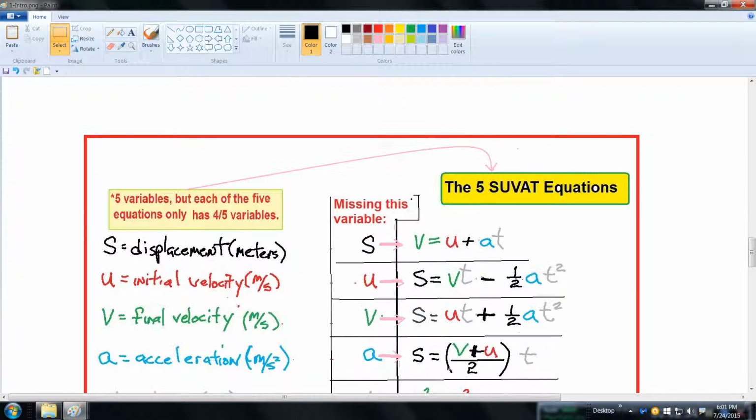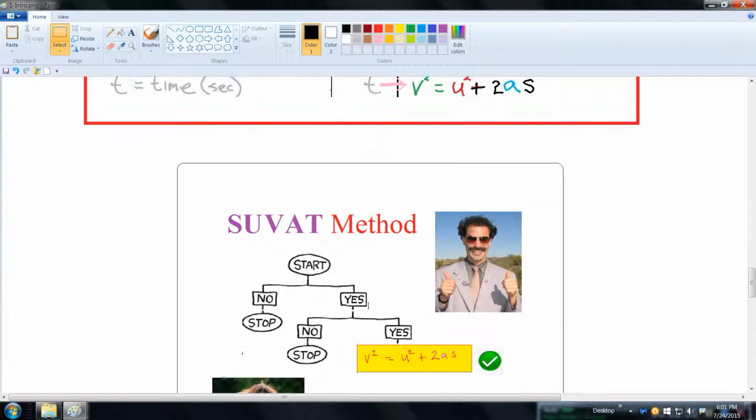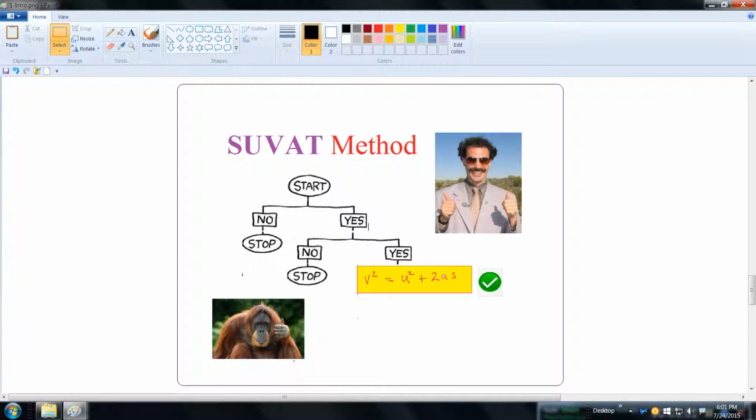So basically, in each problem I'll show you this, so you'll see that throughout each of the problems here in the video. And basically what we have here is that the SUVAT method is just a simple algorithm to direct you. It's a simple algorithm-like method that will direct you ultimately, quickly, to the equation that you need in each problem, which is usually the biggest headache in doing kinematic problems. Alright, so let's look at the first